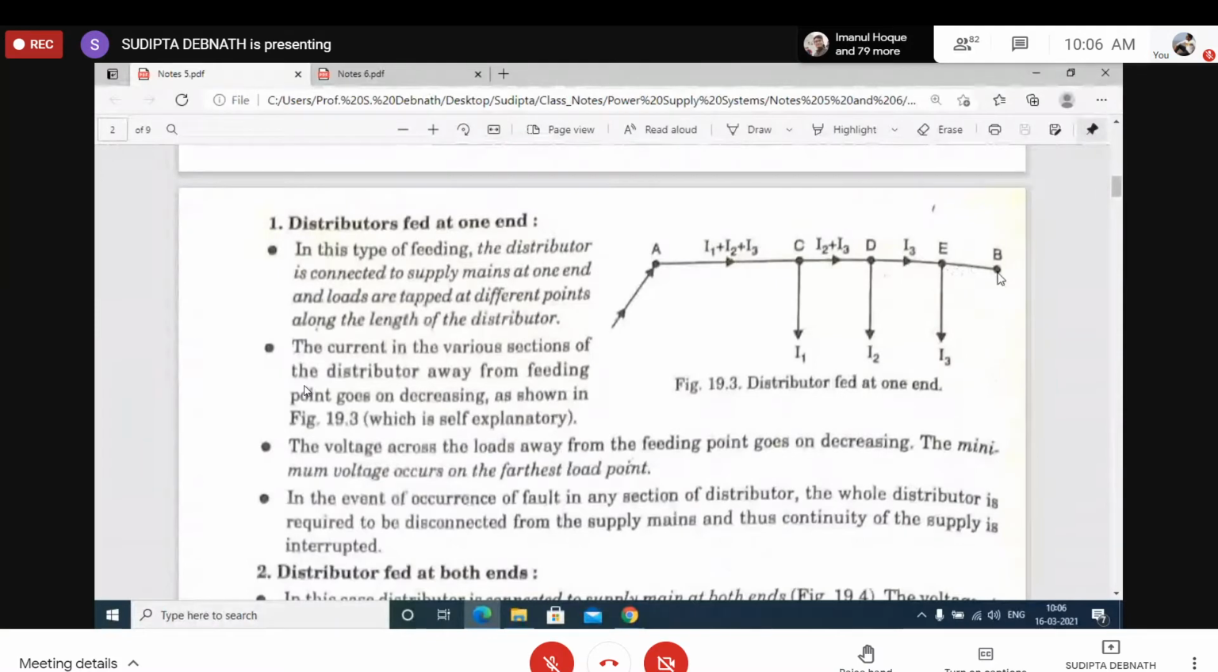in the portion EB. So you can easily understand that the current entering this feeding point A is equal to I1 plus I2 plus I3. Current flowing in AC is I1 plus I2 plus I3, in CD is I2 plus I3, and in DE it is I3. In this type of feeding, the distributor is connected to supply mains at one point, at one end, and loads are tapped off at